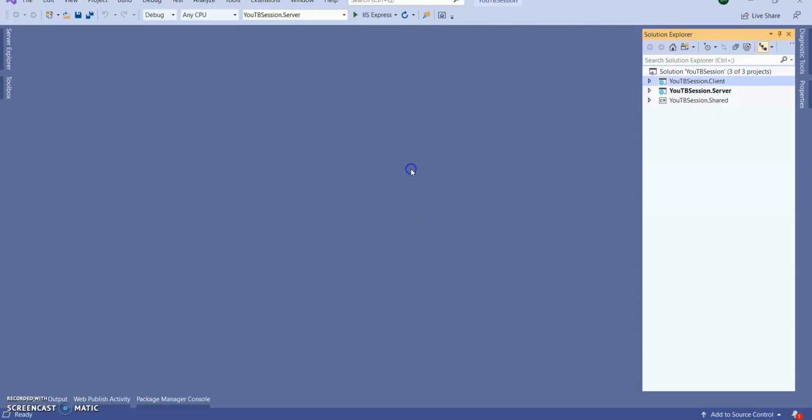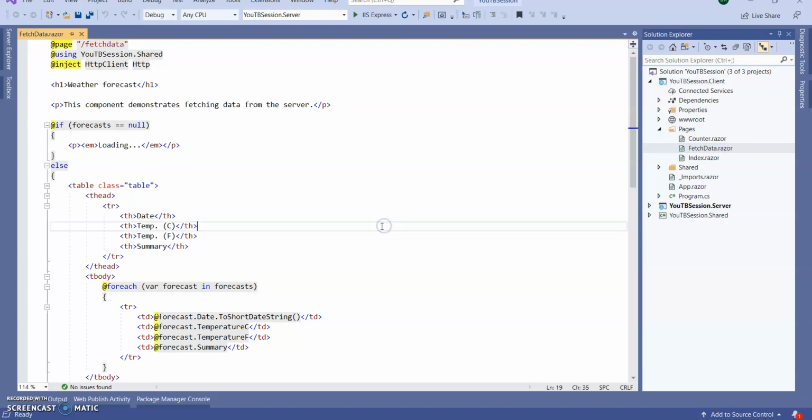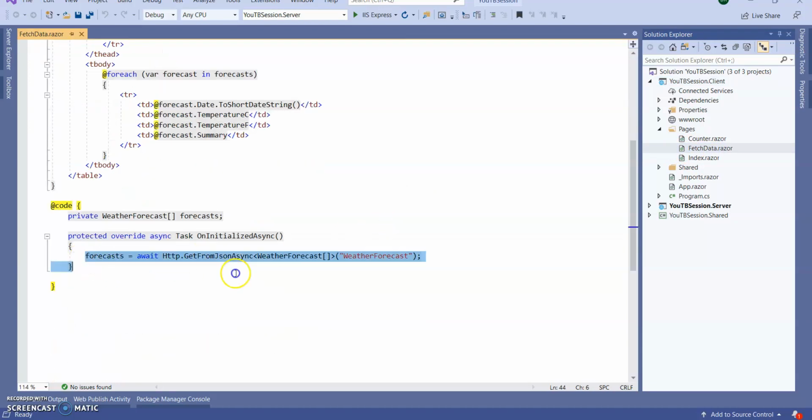So in our previous class, we created one Blazor WebAssembly application and we saw our structure. So here you can see in the fetch data dot Razor component, one HTTP JSON get from JSON async is calling.